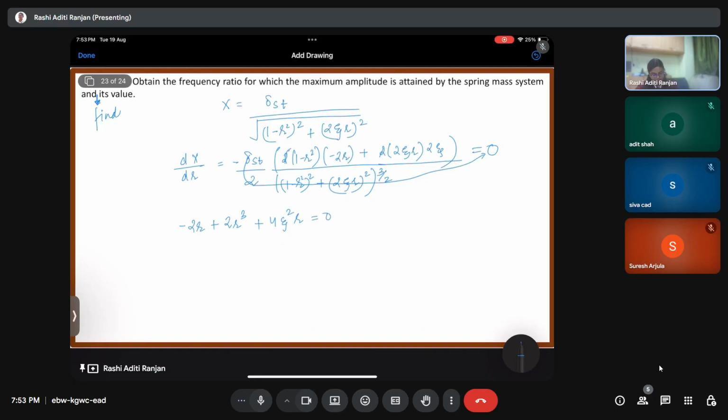This can be written as r into 1 minus r square minus 2 eta square is equals to 0. Now r cannot be equal to 0. So 1 minus r square minus 2 eta square is equals to 0. So this implies r square is equals to 1 minus 2 eta square, or r is equals to under root of 1 minus 2 eta square, which is the value of frequency ratio,